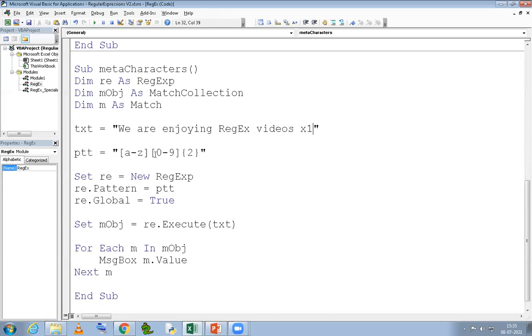Just notice this, because I'm saying our pattern should match anything that starts with one character between A to Z, and the other character has to be between 0 to 9, and there has to be 2 of them. This pattern has to be twice, with these curly braces. So now if I run, nothing will be found. Even this x1 will not be a match, because this digit is only once, but we are looking for digits twice. You're getting my point, guys?